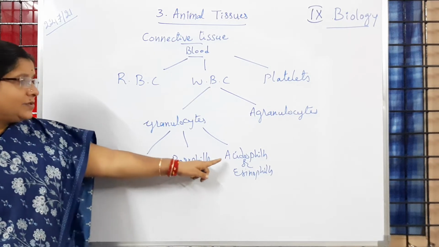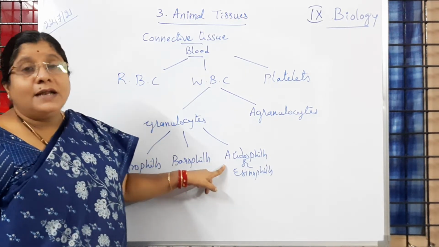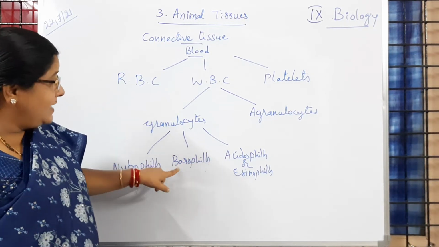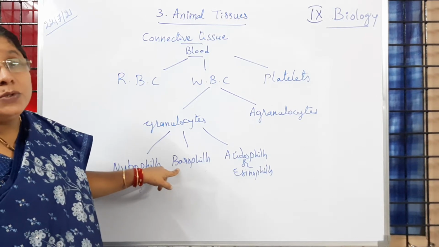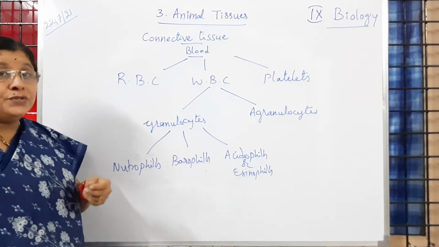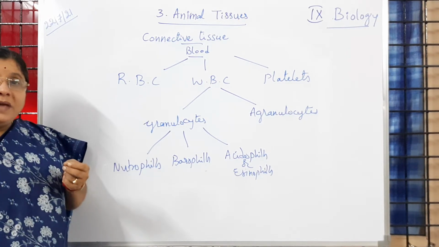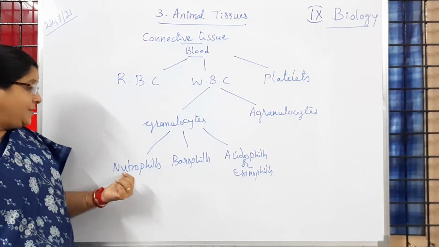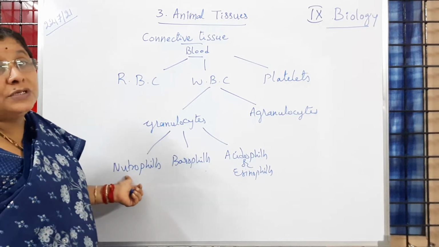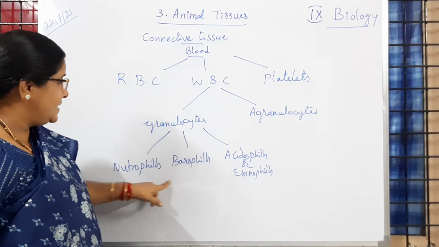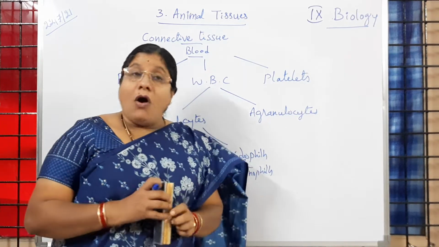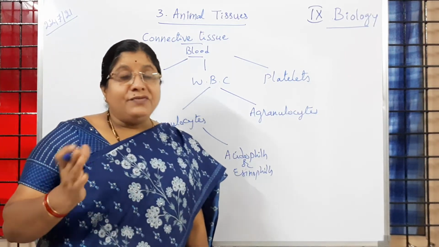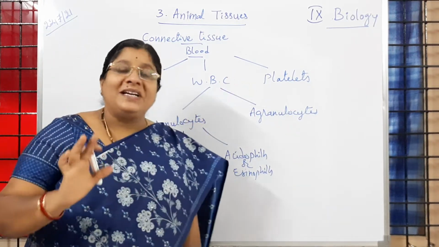Why the name, children? These acidophils are seen under the microscope by using acid stain, and basophils are observed with the basic stain. Stain means coloring material which can make us see the parts of that particular cell under the microscope clearly. Neutrophils are observed with the neutral dyes. Is it clear to children? That's why the names are like this. Now all these types of granulocytes, basically what do they do? What is the use? Already we learned all the cells are performing different functions.